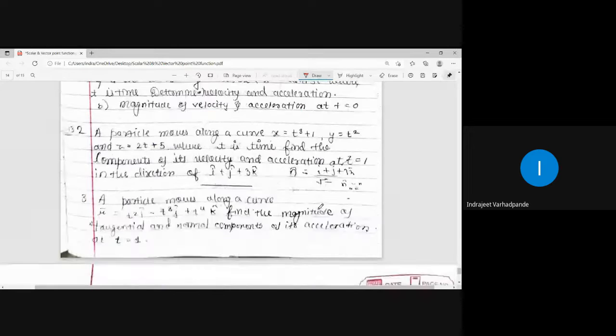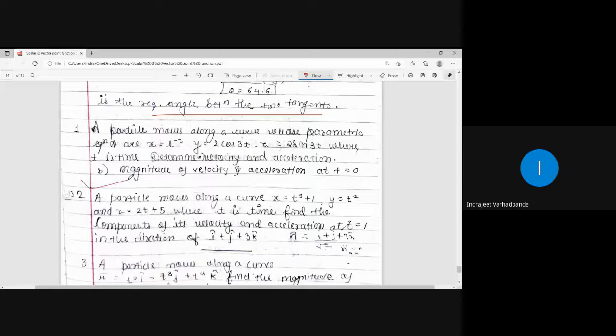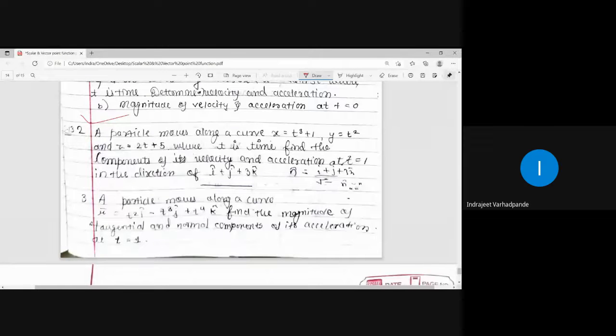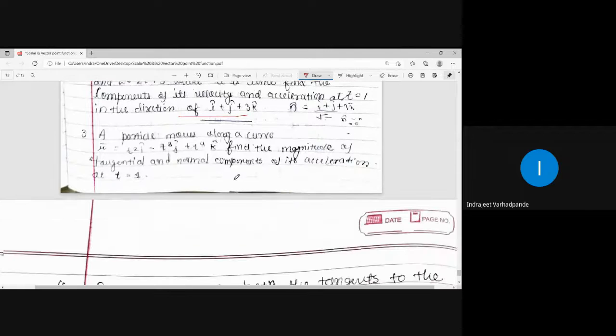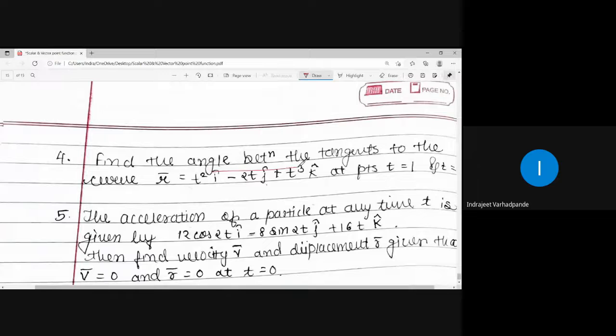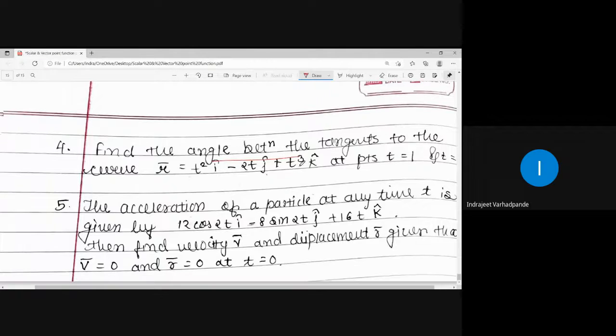Certain problems for practice are also given to you. Whatever we have done previously, when x is equal to so and so vector, find out the tangential and normal component. Particle moves, find out the component of velocity and acceleration in the direction of this. Magnitude of tangential and normal component, find the angle between the two tangents. If acceleration is given, find the velocity and displacement. So all similar kind of problems, whatever